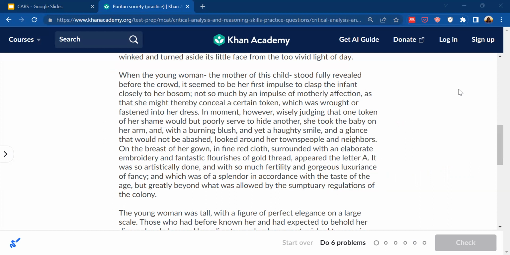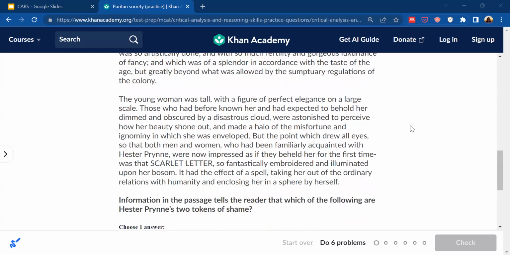So let's go ahead to the next paragraph, which is the last one. The young woman was tall, with a figure of perfect elegance on a large scale. So this is more of just new info or intro. You could argue, hey, this is building on how they described her before, but this is a new characteristic. So it's kind of just describing more about why she's elegant or pretty in accordance with the A on her